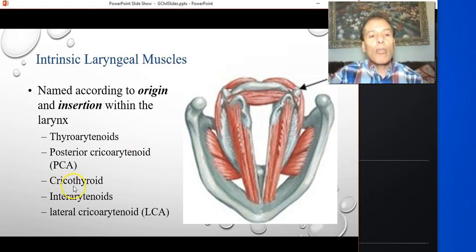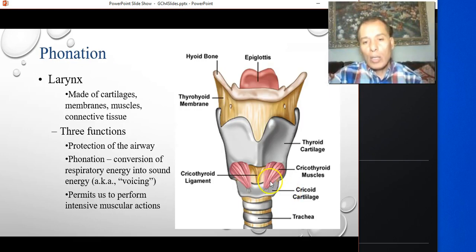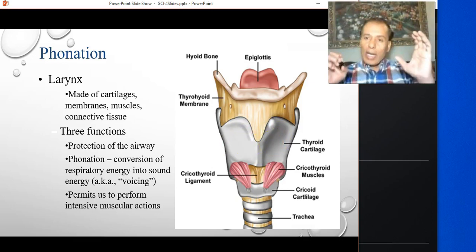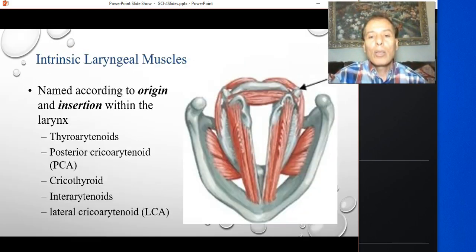There's the cricothyroid muscle. Cricothyroid, that is that muscle here. When this muscle contracts, it shortens, it takes the whole thyroid cartilage and pulls it forward and down. So let's go back here. Now see the vocal folds here, both of them are connected, originate inside of that thyroid cartilage.